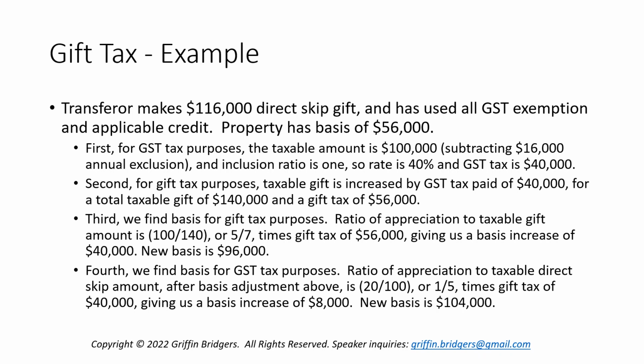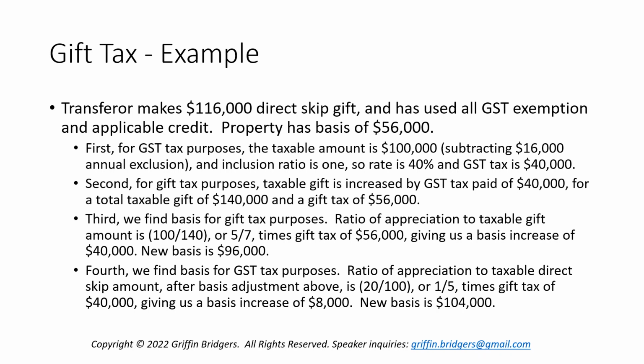So we again take the ratio of appreciation to the taxable direct skip amount, but we do it after the basis adjustment above. So we had a gift of 116,000 with a new basis of 96,000. So the appreciation for GST tax purposes that we look at here is 20,000. We divide that by the taxable amount, 100,000, which will give us a 1/5 ratio of how much appreciation is attributable to the